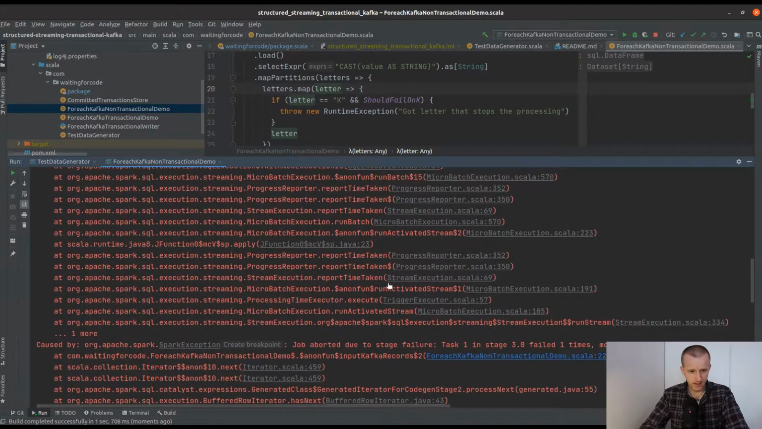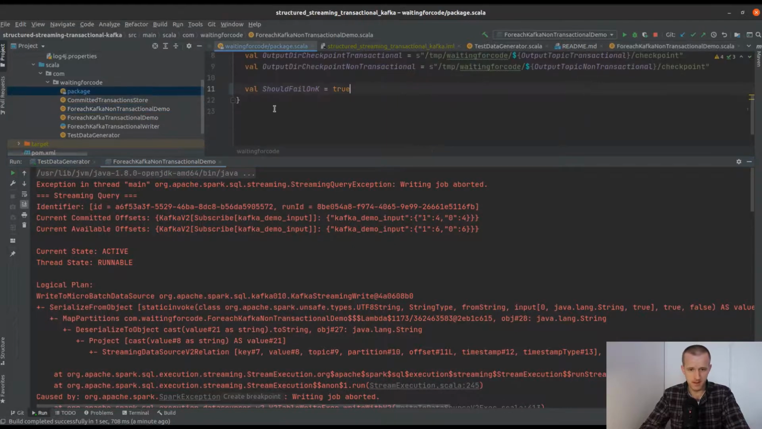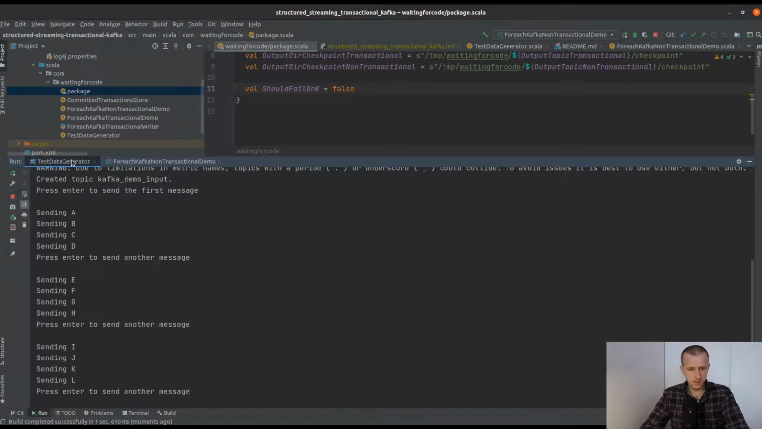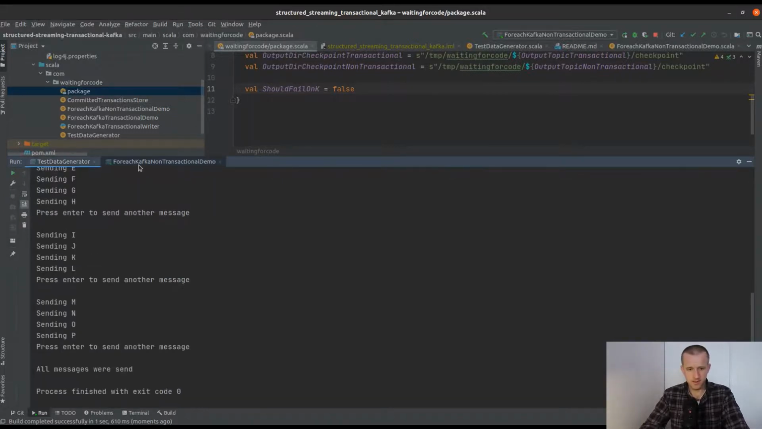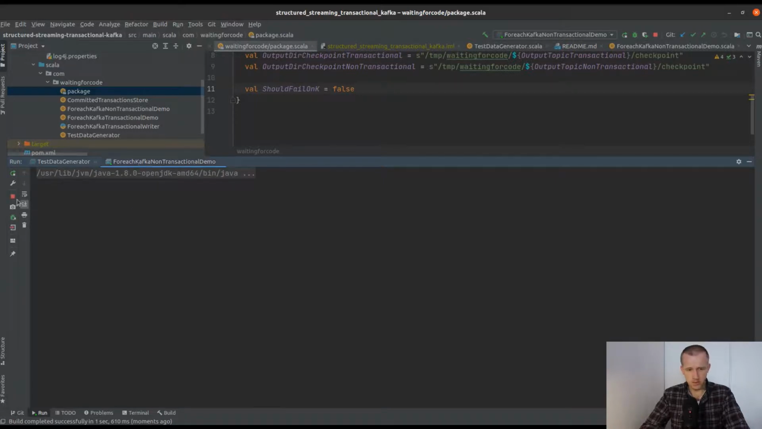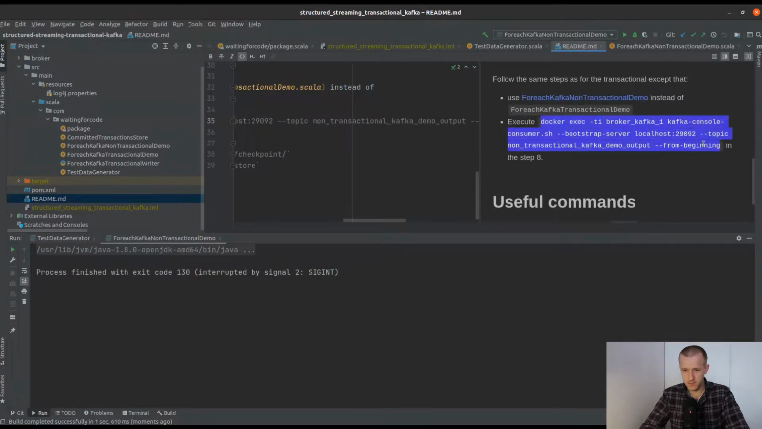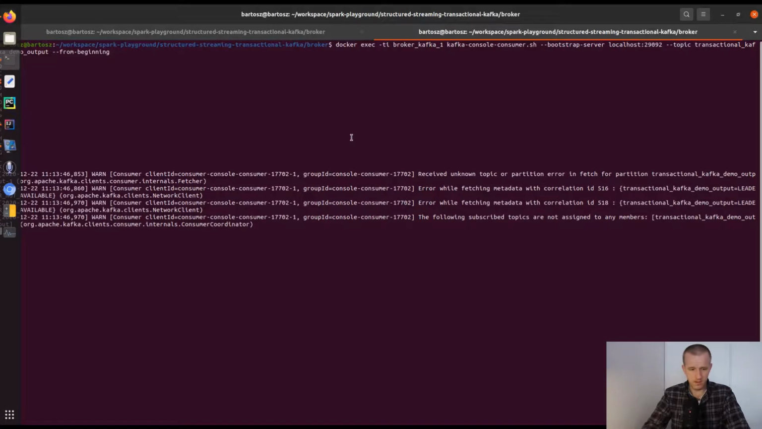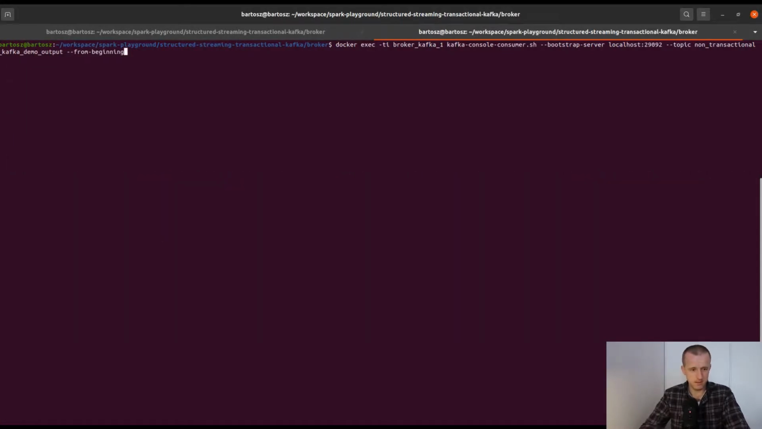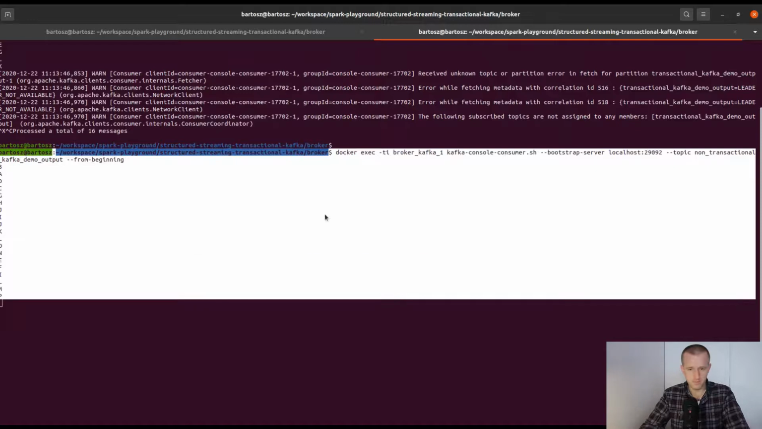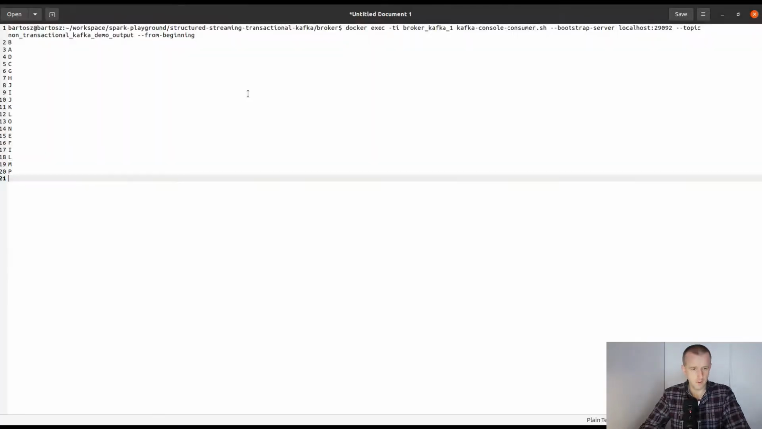And that failed as we expected. So I will put back the false flag here and restart the processing. Okay. And I will generate the last microbatch and terminate the producer. And now I will also terminate the non-transactional producer. And let me see what is the content of the non-transactional topic this time. So I can stop this and restart. I will copy the output